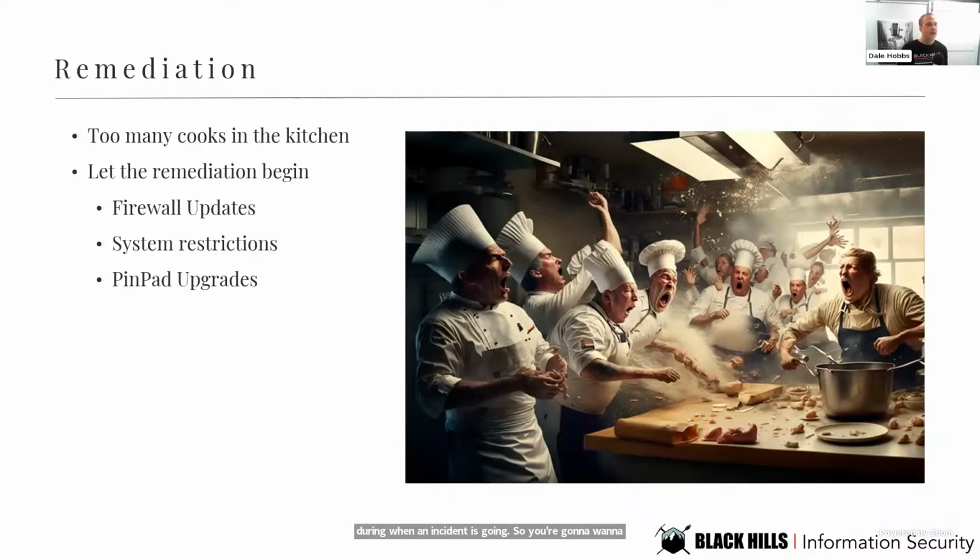Now, in between trying to find a PFI, the chief operating officer decided that he wanted to bring in an external third-party consultant to assist with the investigation. Now, this consultant just happened to be a friend and former business partner of the COO that he implicitly trusted. So, of course, a conference call between the COO, CFO, IT director, the security consultant, and Raymond to discuss the course of action to lock down these retail stores. So Raymond shared the investigation notes with the third party, who ultimately supported and agreed with his theory and his strategy, which was great. The CEO was happy with the plan, Raymond was happy, and everybody moved on.